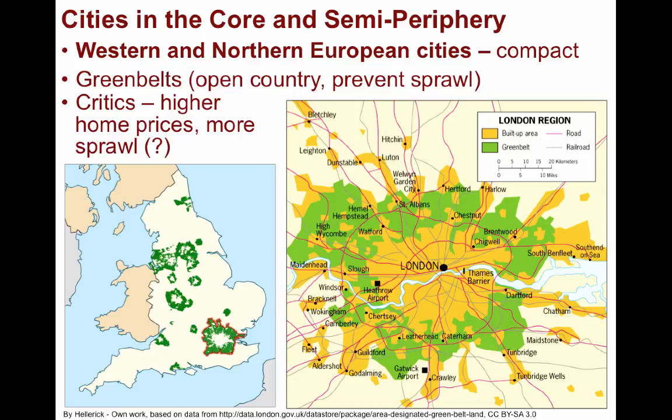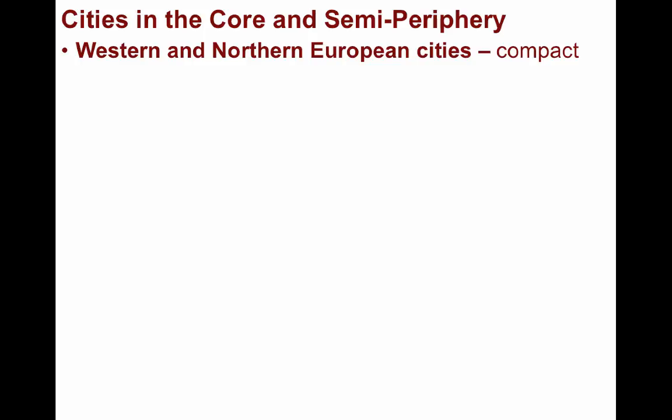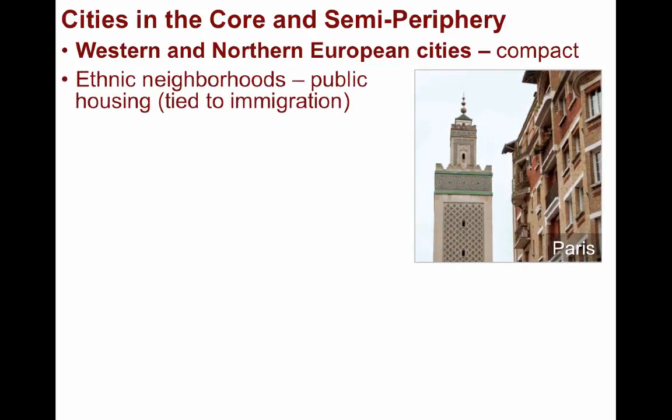Immigration has long been a trend in European cities, as has been the same with American cities. Ethnic neighborhoods have formed across these cities to varying degrees. For instance, Paris, France has several distinct ethnic neighborhoods, with many immigrants coming from Algeria in northern Africa, which was a former colony of theirs. Many immigrants have settled in public housing, which has typically been arranged according to ethnic backgrounds. France has largely held a policy protecting multiculturalism, allowing people to maintain their own customs without much pressure to assimilate.